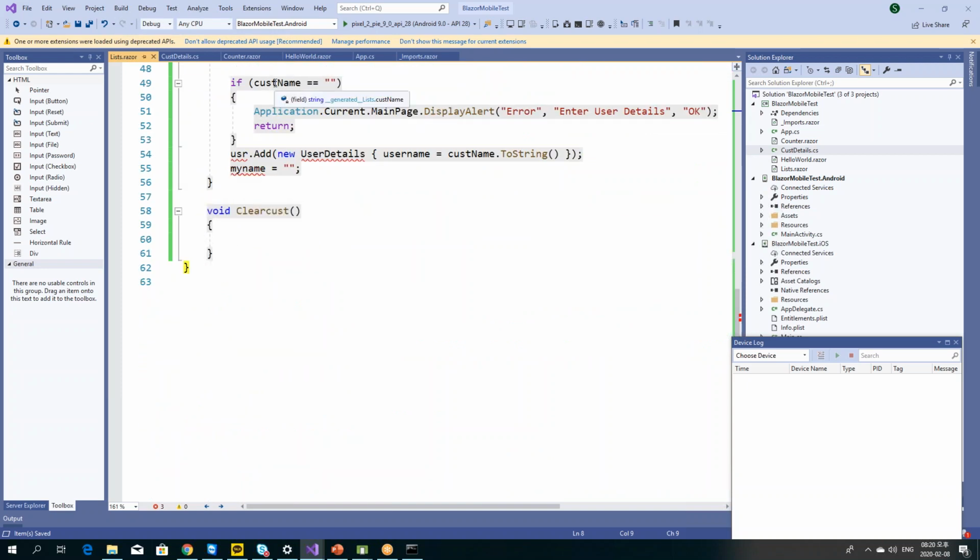And next one, here we check if the customer name is empty. For displaying the error message, we use our browser application.current.mainpage.display alert. So using the display alert method, we give the message as the error, and here we give the message content. So here we give enter customer